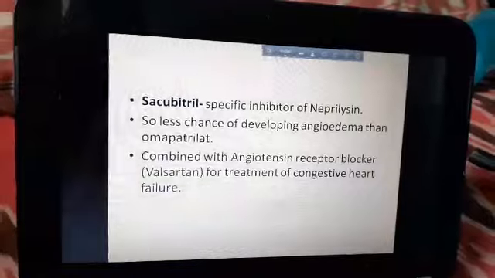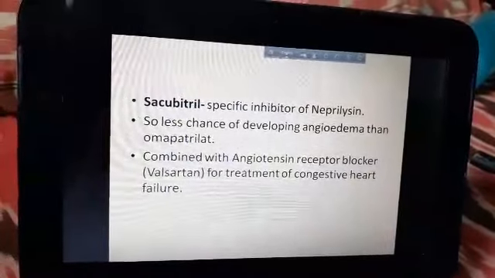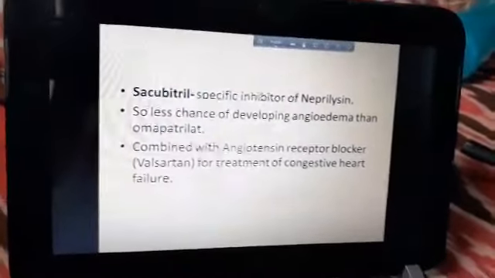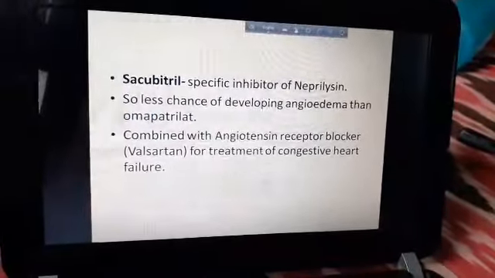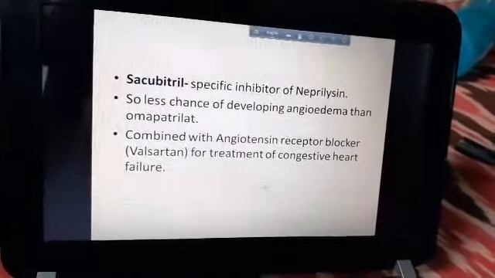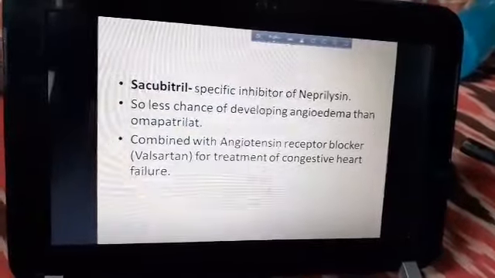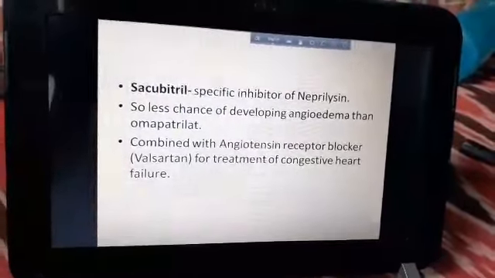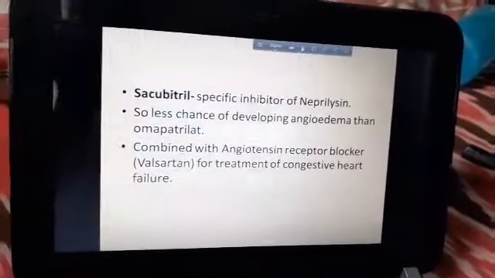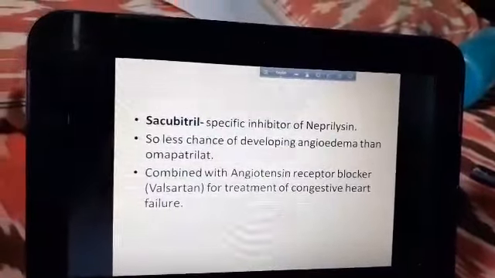But sacubitril, that is a specific neprilysin inhibitor, causes increased BNP effect but no increase in the bradykinin effect. That's why it is preferred. So there is less chance of developing angioedema than with omapatrilat, and it is combined with an angiotensin receptor blocker for treatment of congestive heart failure. So remember, if angiotensin converting enzyme as well as neprilysin are both inhibited together, there is far more chance of adverse effects because that will cause more angioedema, and more hypotension because of the